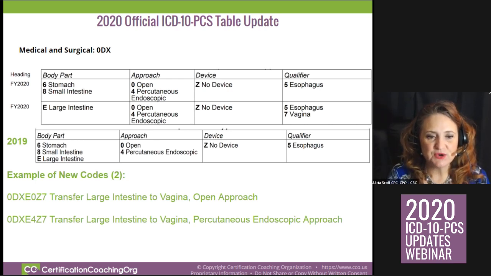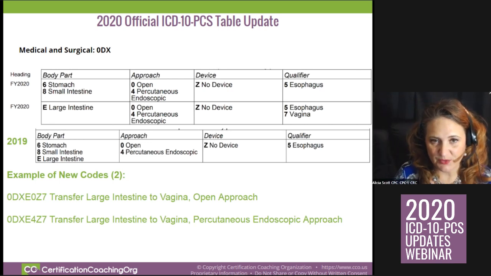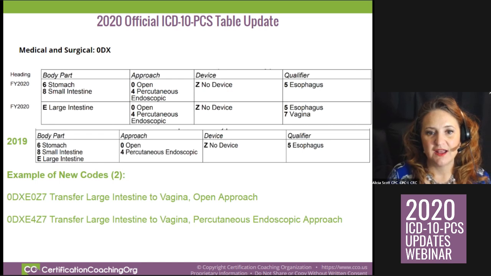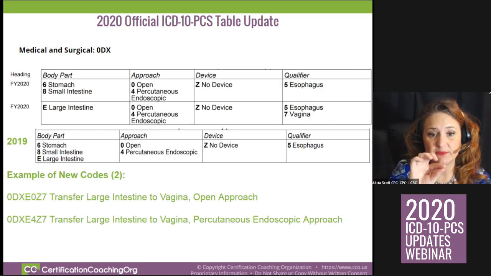So in 2019, we could do the stomach, small intestine, and large intestine, right? Transfer large intestine to vagina. And if you don't know why they would do this, usually there is a fistula that's caused for various reasons, where the large intestine has opened up into the vaginal vault, and you get drainage. You can have a fistula with the bladder as well,